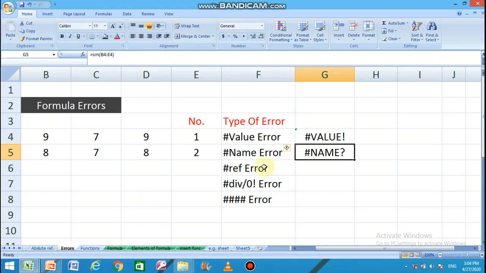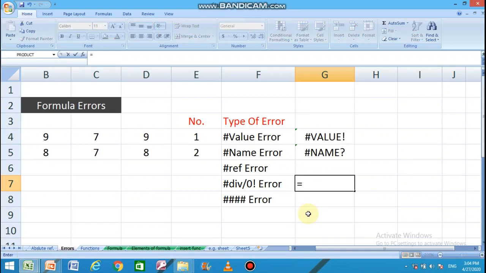The next is hash divide error, hash divide by 0. Students, whenever you divide any value by 0, this error occurs. Suppose I am dividing 9 by 7.